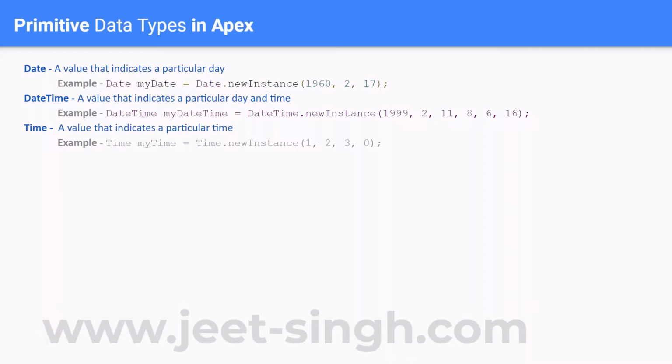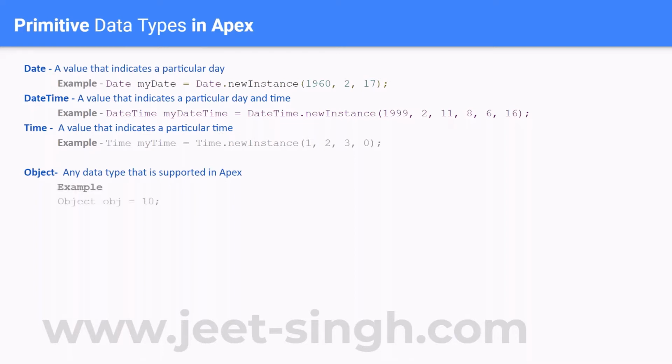In addition to all these primitive data types, there is one more which is called an object. Now this object is not a particular data type, but it can be any data type that is supported in Apex. So in case you want to define a generic one which can store anything, you define it as an object. Sometimes you may not be sure what data type you are going to put in the variable. So initially you can define it as an object. An object can then be used to store any of the supported primitive data types in Salesforce.